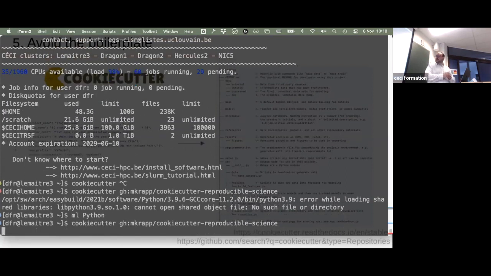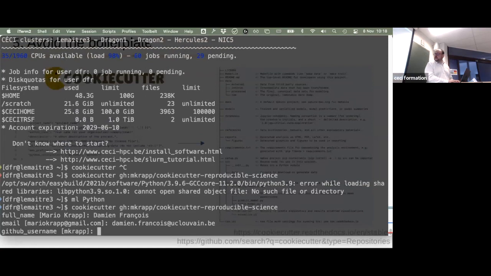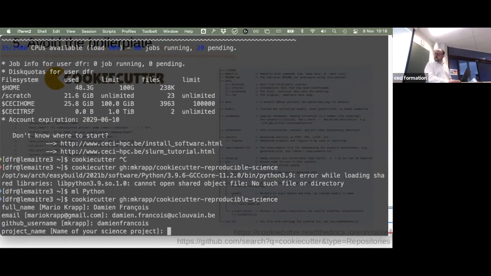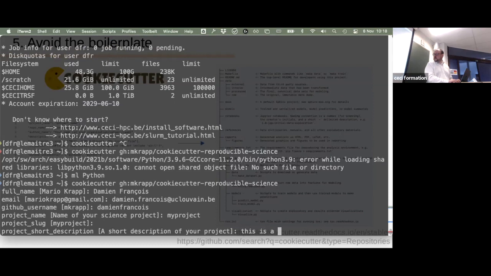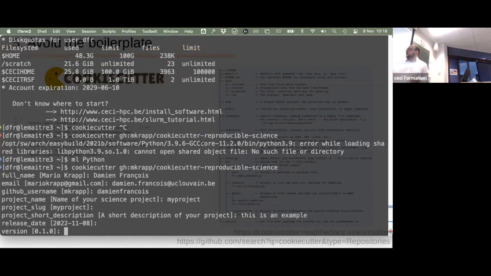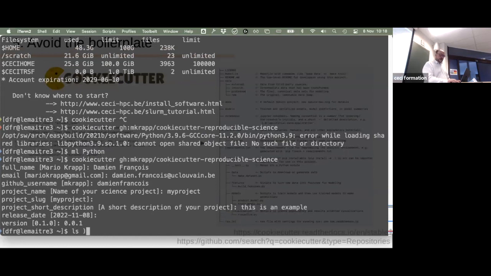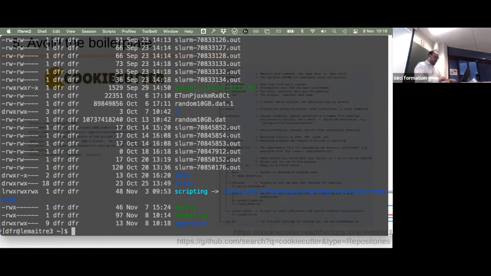When I do that, it will ask me a few questions, like my full name, my email address. Whenever you see something in square brackets, it's a default value. So here I don't change the date. I can choose another version, starting version. And then what it has done is in my home directory, it has created a directory called My Project,